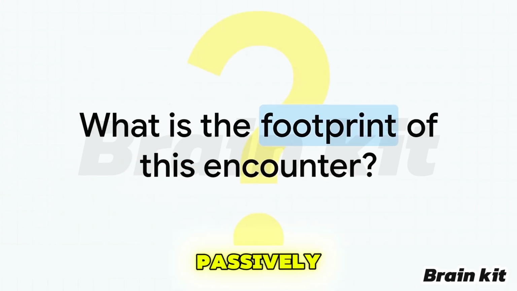So while the visitor is passively waiting and the owner is being prompted to jump in and fix things, something else is quietly happening in the background. We really need to pivot here and ask, what is the digital footprint of this encounter? Because if we're being verified, there has to be a record of that verification somewhere, right? There has to be a receipt.